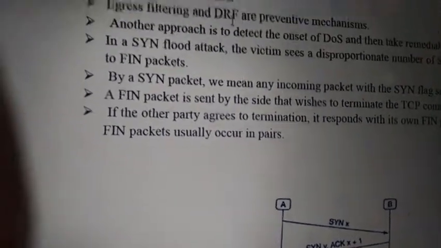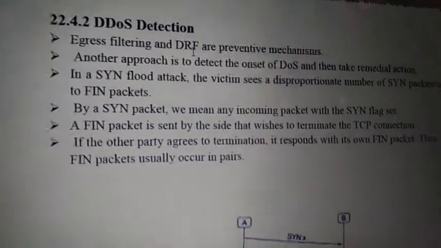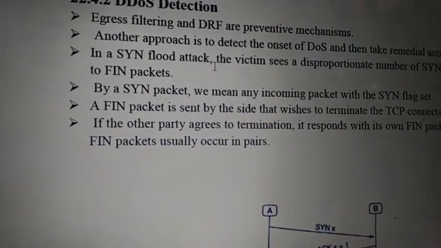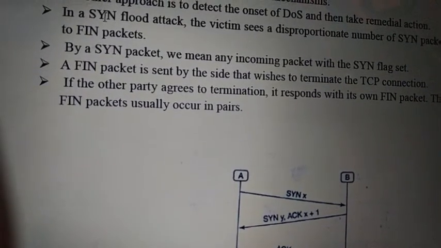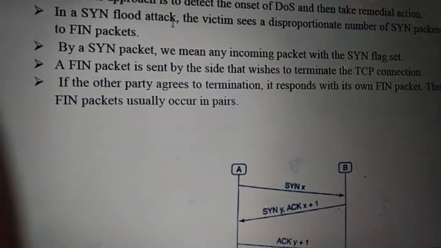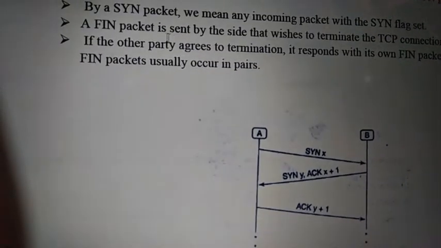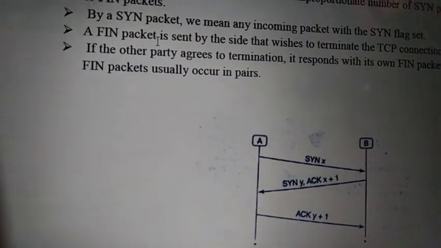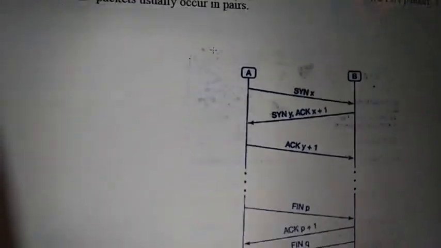But now how do we detect whether there are spoofed packets or spoofed IP addresses? One approach is through the SYN flood attack. For every TCP connection request there will be a SYN packet, and for that SYN packet there will be a FIN packet, right? That is for a TCP connection. If there is no FIN, or you repeatedly get FIN packets, that indicates there may be a spoofed packet. For every SYN there should be only one FIN.